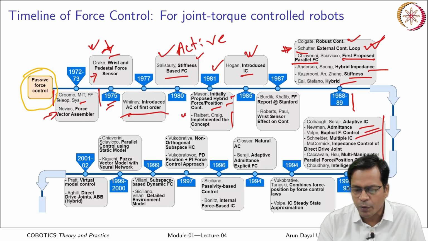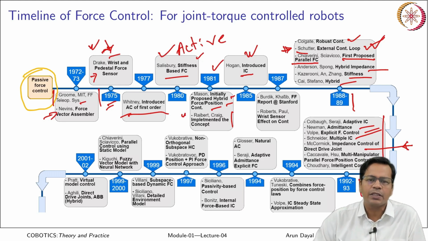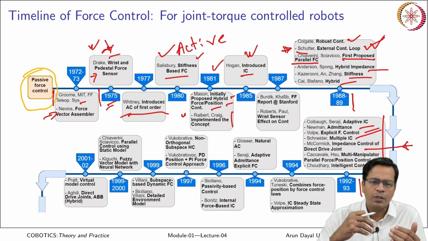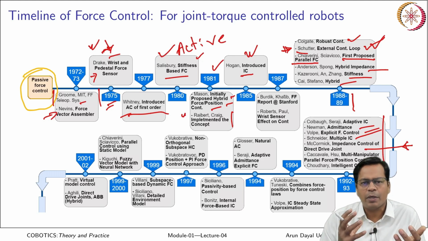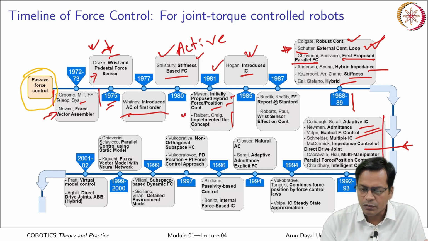Here this is again an important one, that is the direct drive joint, which was later on adopted by ABB also. So, impedance control of direct drive joint. Direct drive means there is no gearbox in between, the link was directly coupled to the high powered motor, and then it became very much compliant because there is no gearbox, it was back drivable, and the torque reflectance ratio was too good. Okay, so this is one of the major benchmarks.